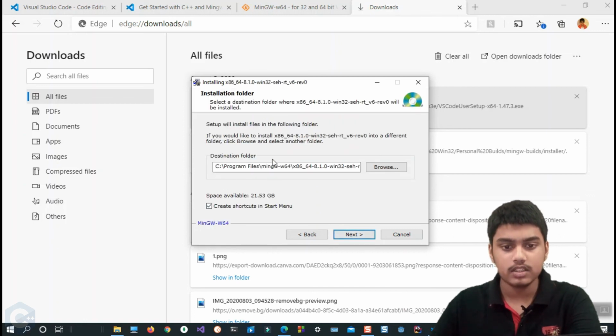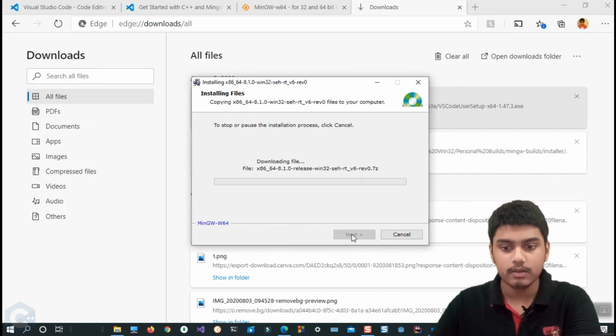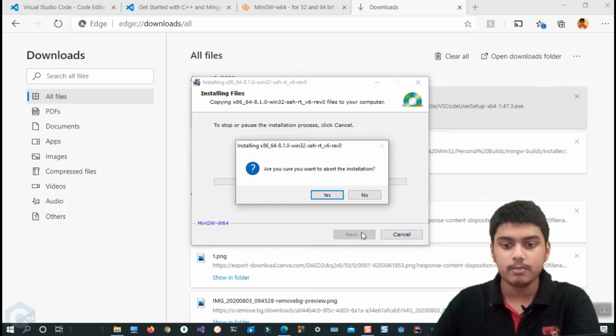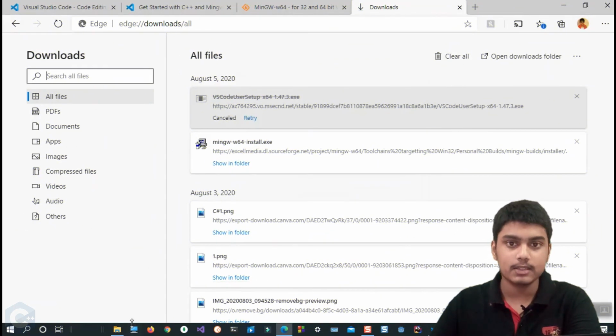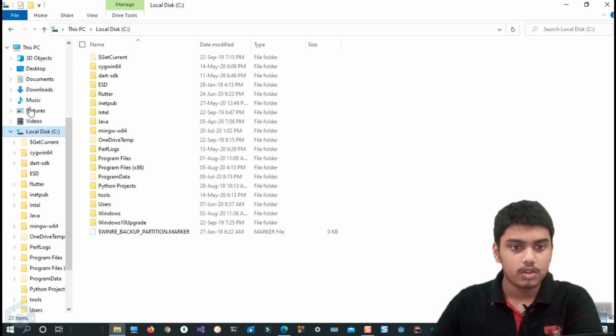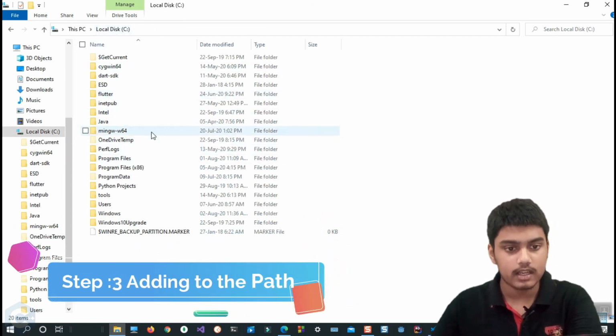Here you can keep the destination folder as the default and click next, and it will start installing. I won't be doing that because I have already installed it. After doing that, there's one important thing which you must do. As it is the default location, it might be installed in your local disk C,